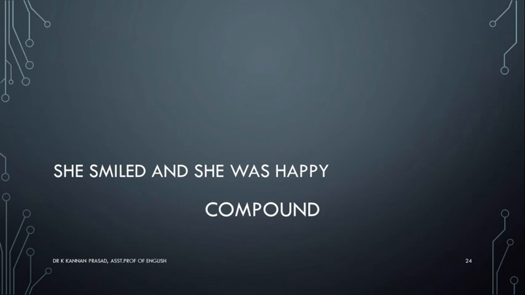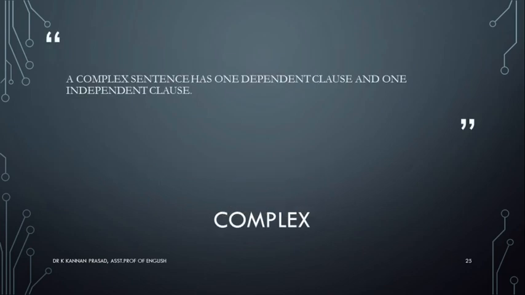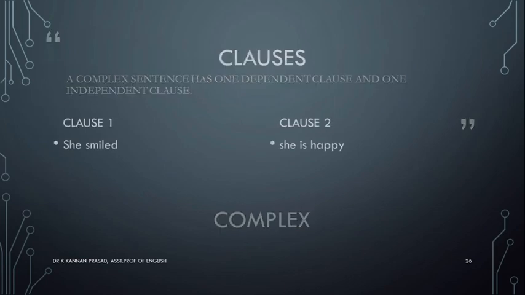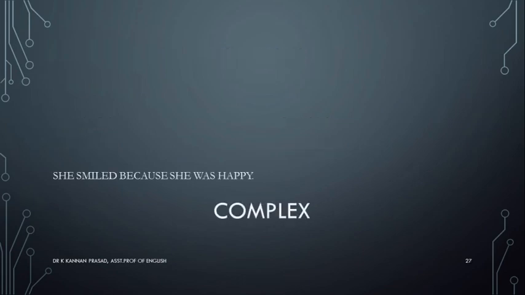Let us move ahead and make a complex sentence. Before that, a complex sentence by our definition has one dependent clause and one independent clause. We still need to add a conjunction to make it a complex sentence, but the addition of the conjunction to any one of the clauses should make it a dependent clause. Shall we add because once again? Yes, we can. Watch this. She smiled because she was happy, which makes it a complex sentence.